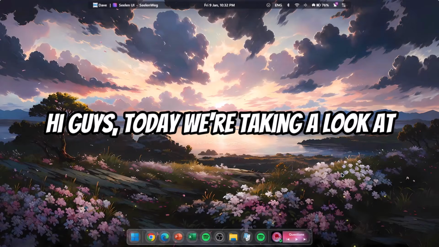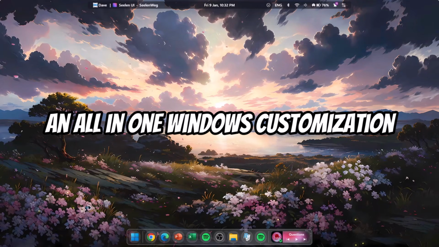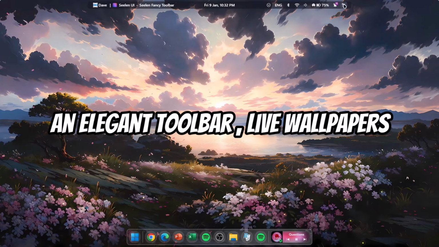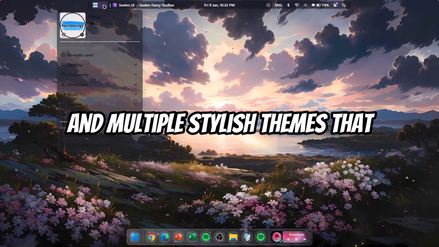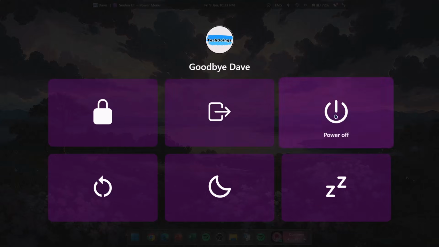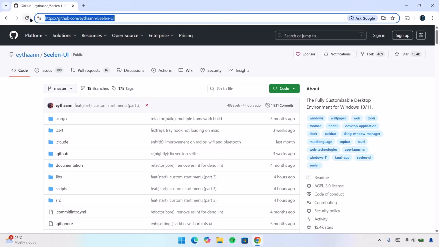Hi guys, today we're taking a look at Seelen UI, an all-in-one Windows customization app featuring a macOS style dock, an elegant toolbar, live wallpapers, and multiple stylish themes that give your desktop a premium look and feel. Let's dive in. Now we're going to start by installing Seelen UI, and here's the website for this application, and